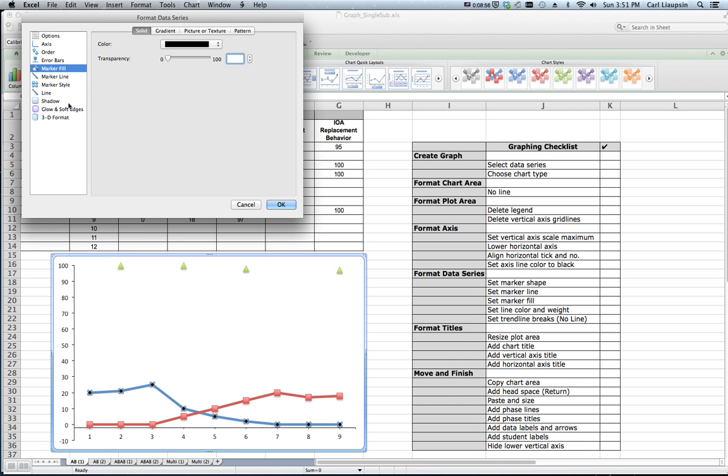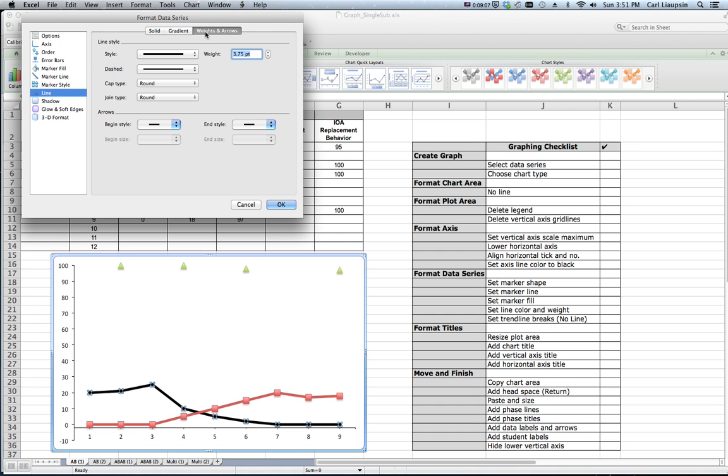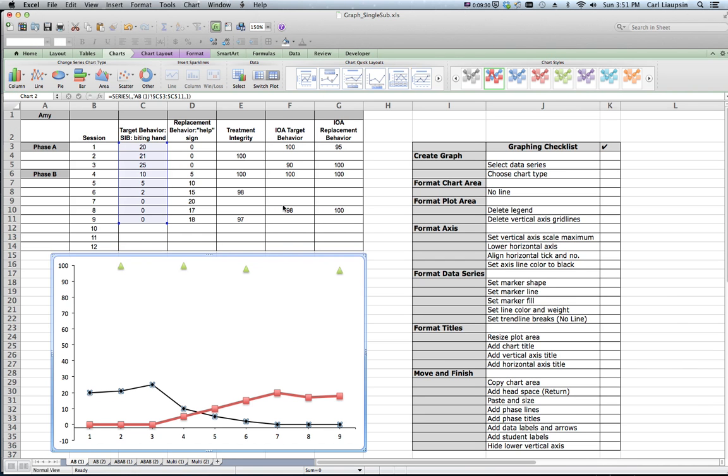circle. We also want to change the line that describes the data, the trend line. And we're going to change that to black, and we want to change the weight to make it not quite so thick. Let's take it down to about 1.5 points. So we have set the marker shape, set the marker line, set the marker fill, set the line color and weight, and we haven't set the breaks yet, but we'll do that in a moment. Let's take care of this other